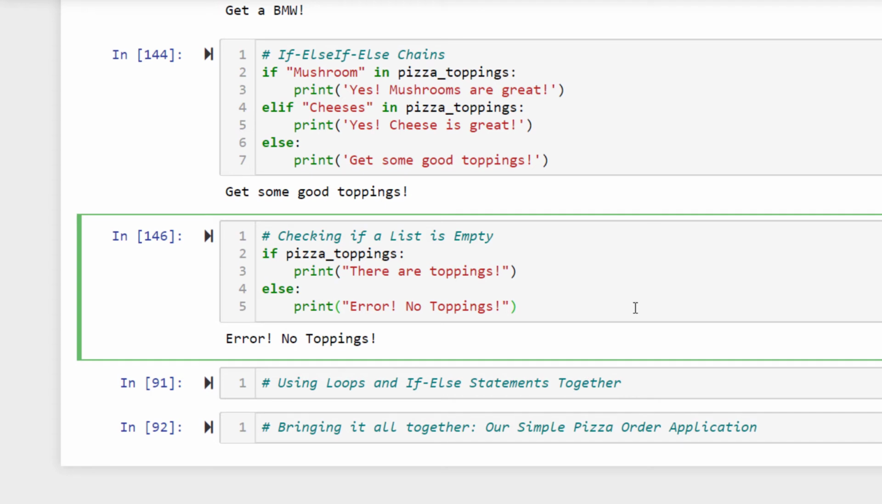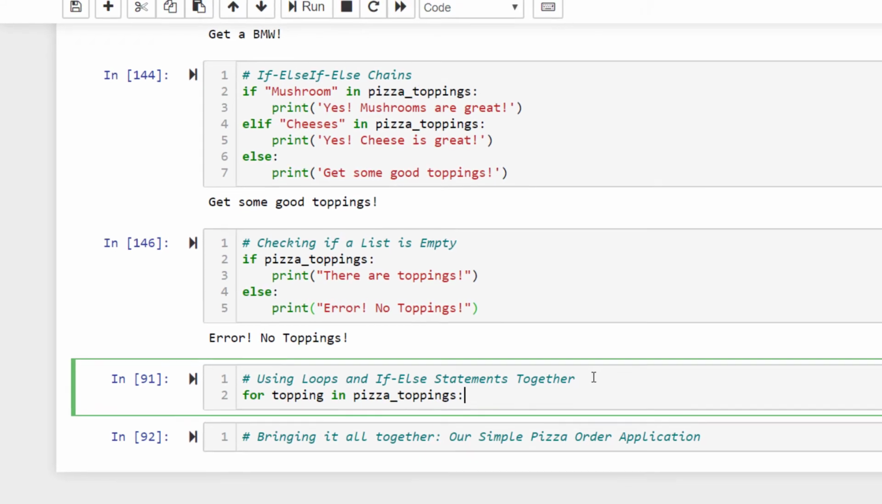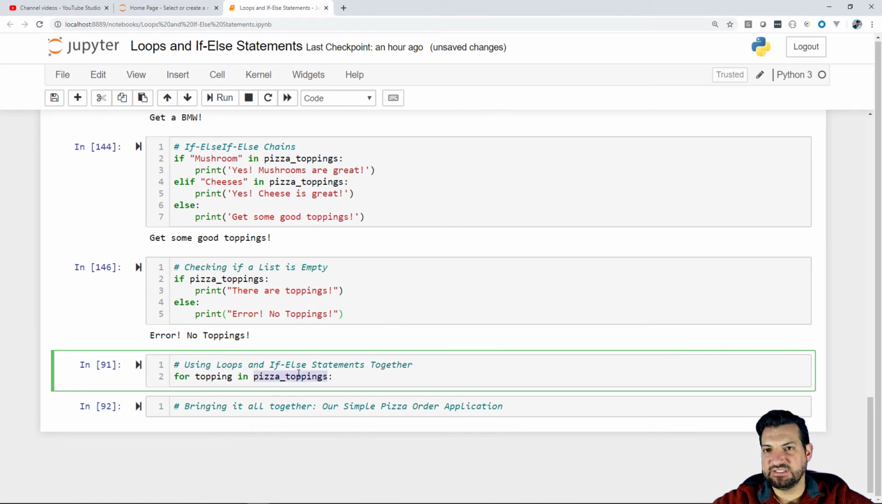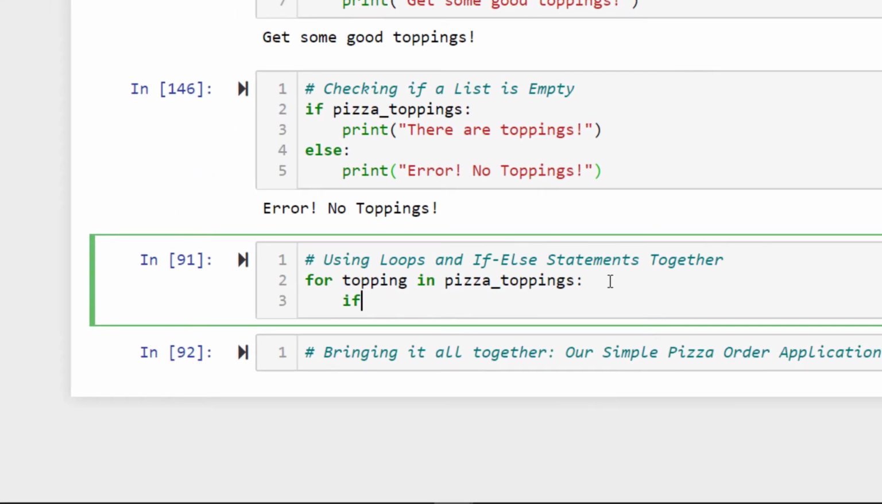All right, how about using loops and if-else statements together? Okay, so how about something like this? For the topping in pizza toppings, and notice, we haven't really discussed this before, but notice that the actual list of multiple items is plural, while the single item we're pulling out of the list is singular. And that's writing good Python code, is keeping this singular and keeping this plural. So you can tell, oh, one's the list, one's the item from the list that I'm iterating. Okay, so for topping in pizza, okay, if the topping is equal to mushrooms,